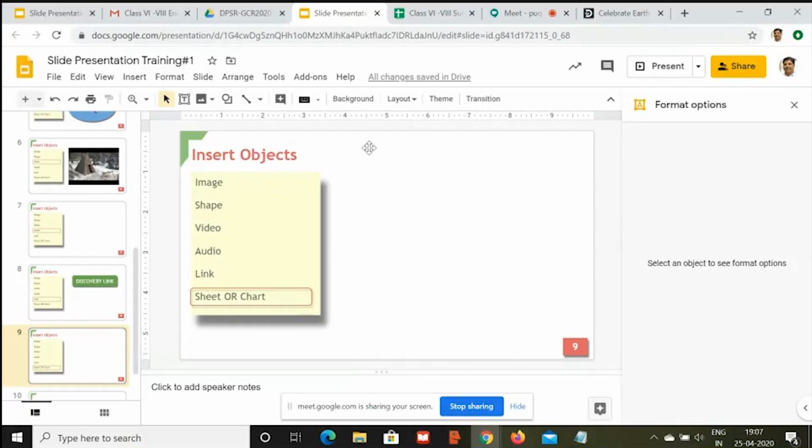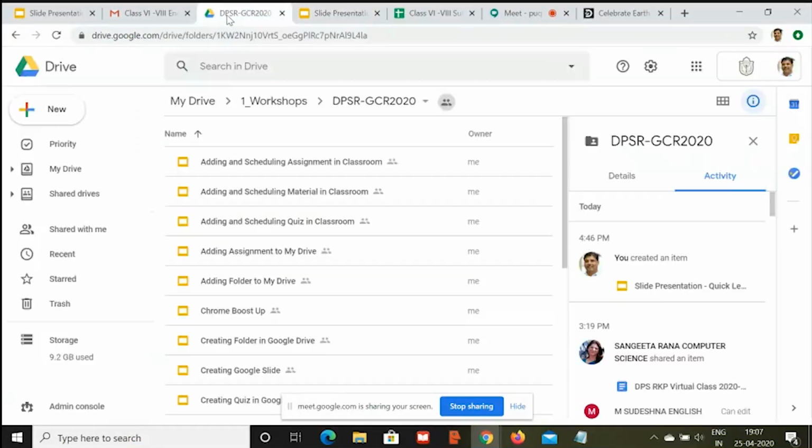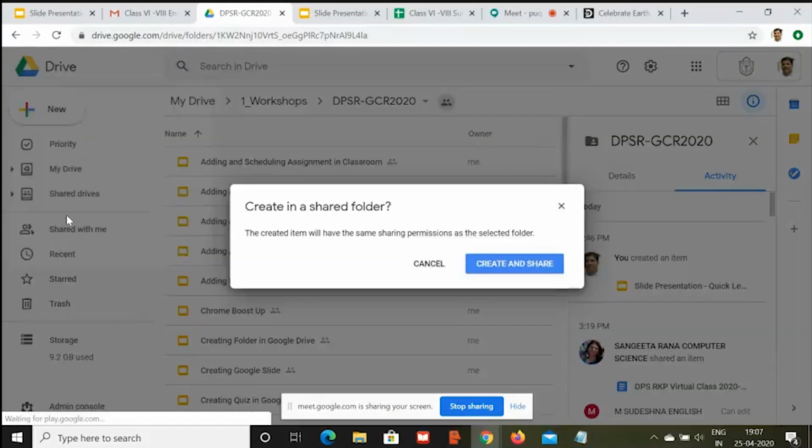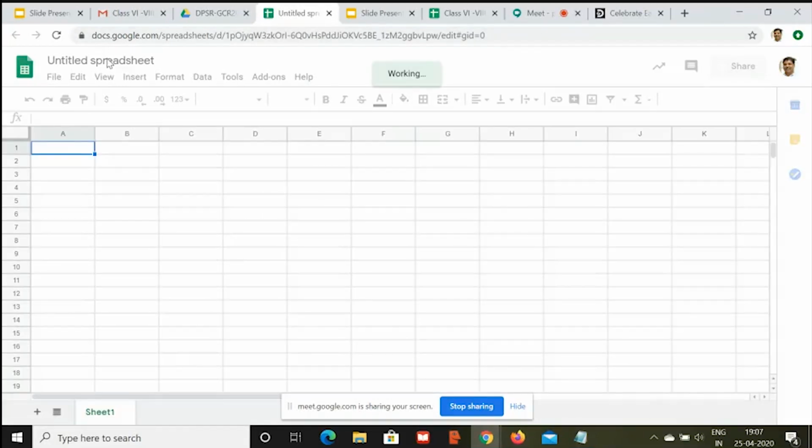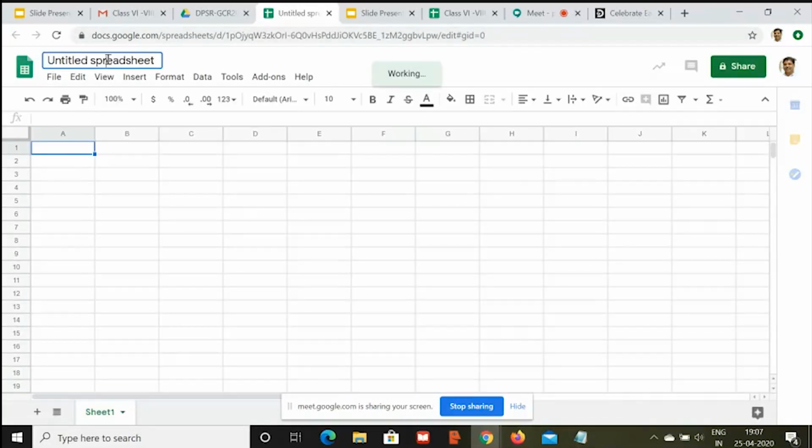So let's make a small sheet. Let's go to New, create a sheet. And as this is going to be created in the shared folder, we have to click on Create and Share. Let's make a small table over here. So here, let's say